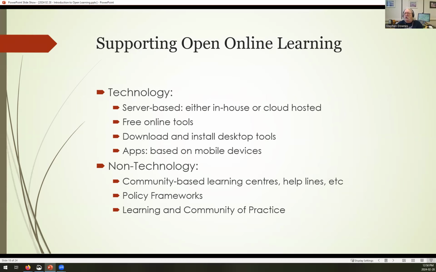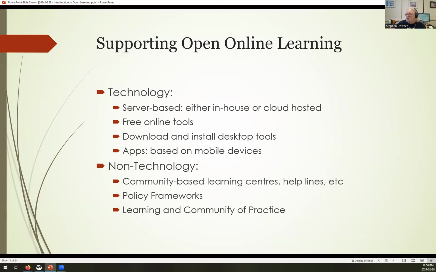Different ways of supporting online learning. Technology, there's a range of different technologies that can be used, and I'll mention some of them briefly. Different tools for different applications, right? Server-based, either in-house or in the cloud. So that's basically something like YouTube you can access on your website.